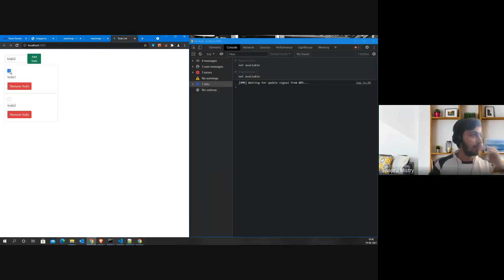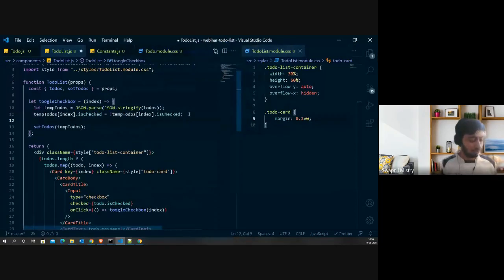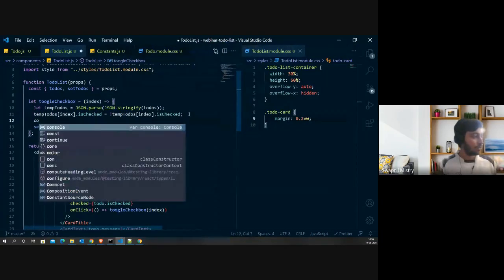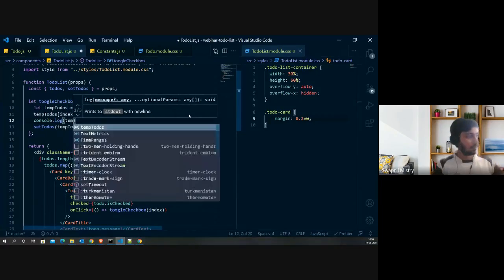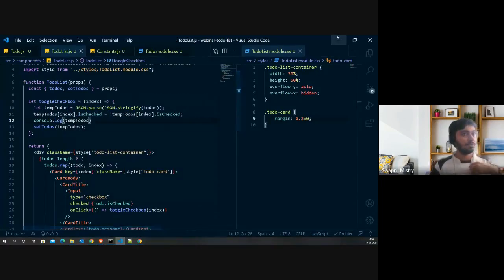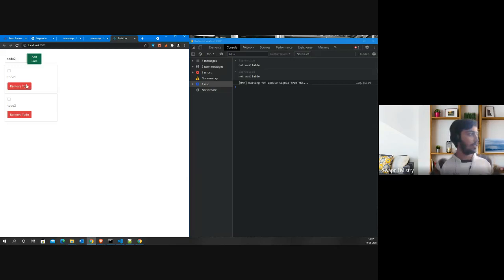So if I check it, I haven't consoled it yet, so let me just console.log the time to use. Okay, so let's just reload it again so that we get better result. So to do one, just add it. Right, I will add it to do two. So this is there. Let's just try to check this out.